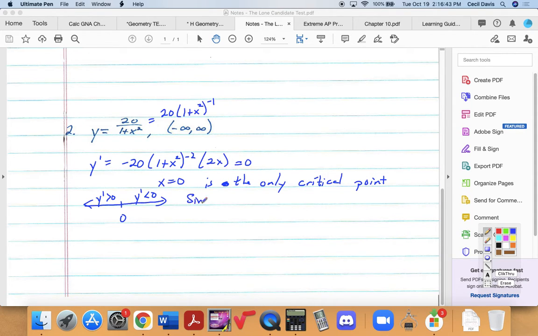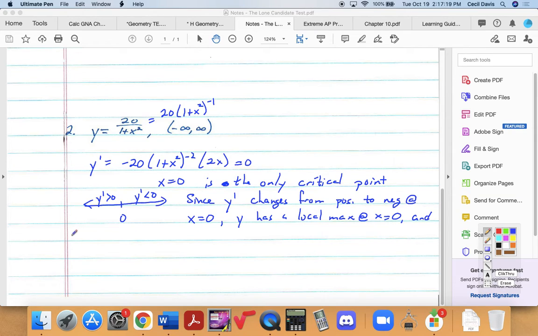So since y prime changes from positive to negative at x equals 0, y has a local maximum at x equals 0,